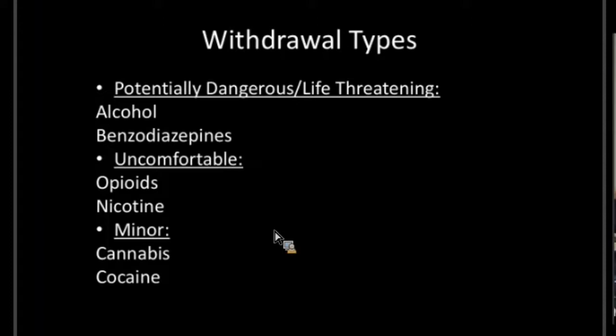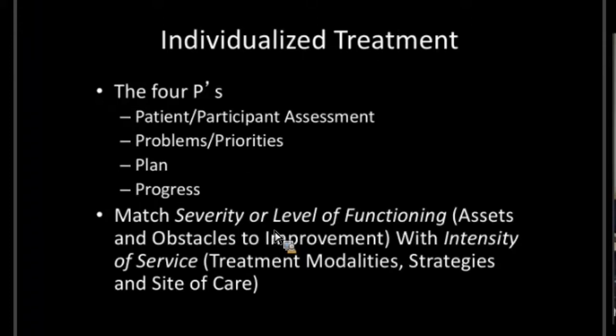Yeah. So, just a reminder, I hit on this earlier, but the types of withdrawal vary very dramatically in terms of their clinical presentation and in terms of the outcomes that are possible for patients. Potentially dangerous, potentially life-threatening withdrawal can occur with alcohol use disorders and sedative hypnotic, particularly benzodiazepine withdrawal. ASAM dedicates a ton of time to figuring out what is the right place for those people, because those are high-risk situations. Uncomfortable withdrawal, very, very rarely dangerous or life-threatening, would be things like opioids or nicotine